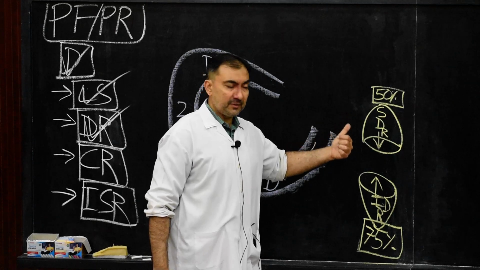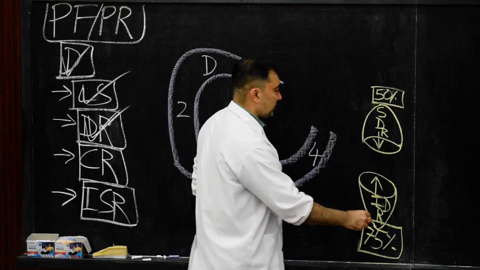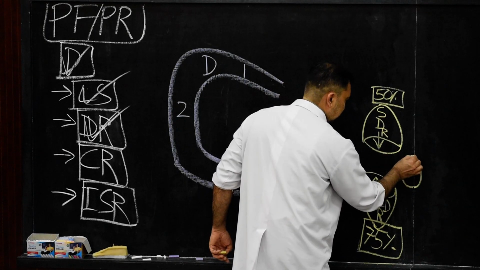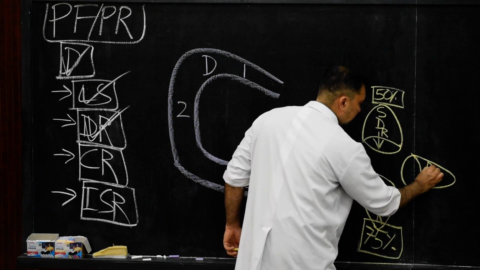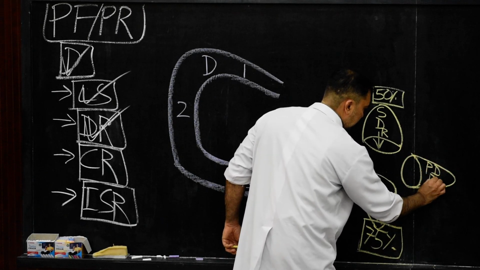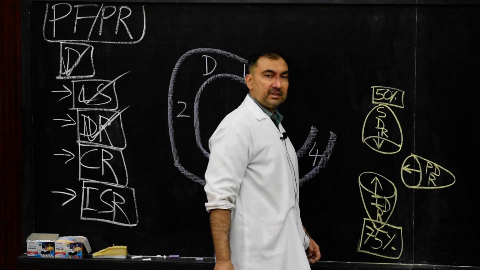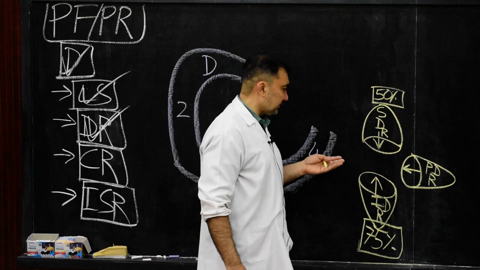Superior duodenal recess is number 1, inferior duodenal recess is number 2, and number 3 is the paraduodenal recess. The paraduodenal recess here you show in this way. This is the paraduodenal recess, with the orifice, not the apex but the orifice. It is not the apex but the orifice, and the orifice is facing towards the right.